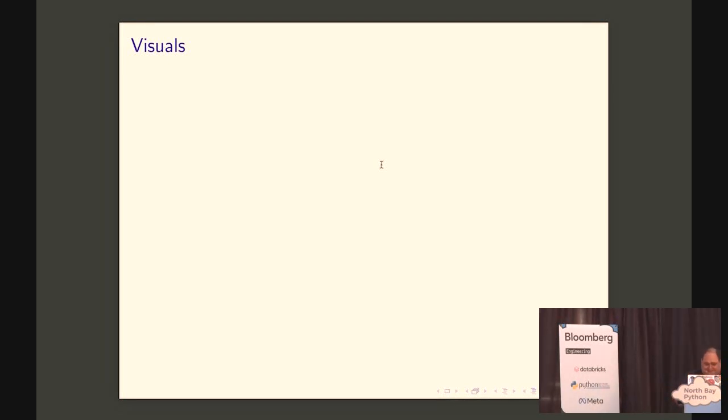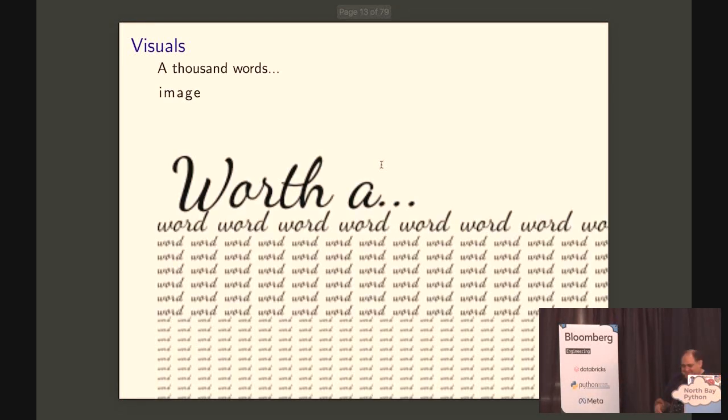Images are useful. There is even a cliche, right? I don't think I have actually managed to shove 1,000 words into an image. I tried to play around with font sizes, but they got cut off. And so you see exactly how much an image is worth. It's actually hard to shove 1,000 words into an image.